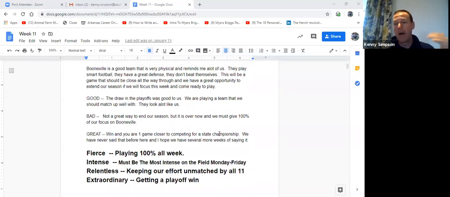Then I'll put always a good, a bad, and a great, what is a good thing for us. A lot of times that might be talking about last week. This one was looking for theme that week. So talk about the draw for us, put the bad on there. We had finished the season with a win over a winless team who hadn't played very well. So we talk about that in here. And then the great thing, what's the big opportunity of that week? We'll put that in there.